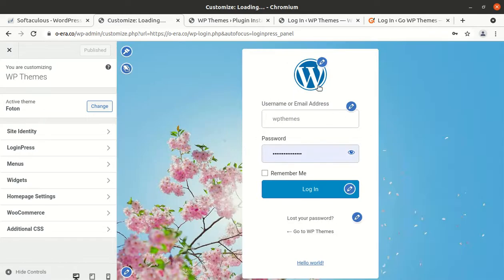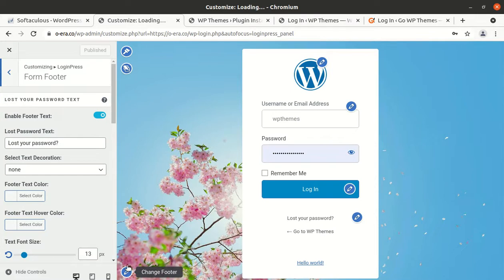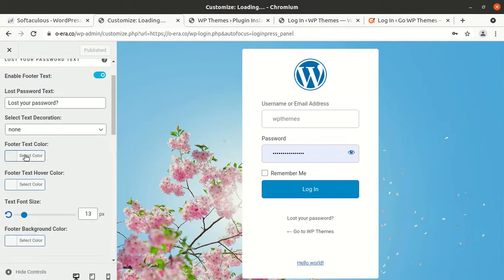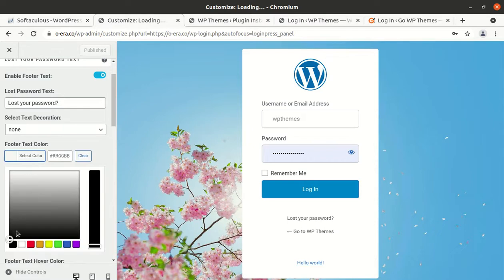And here all the settings are available. Now we can choose any logo and template or design according to our choice. So if you want to change footer, you can simply click on this lost password. So footer text color is here, so you can change the color, footer text color like this,